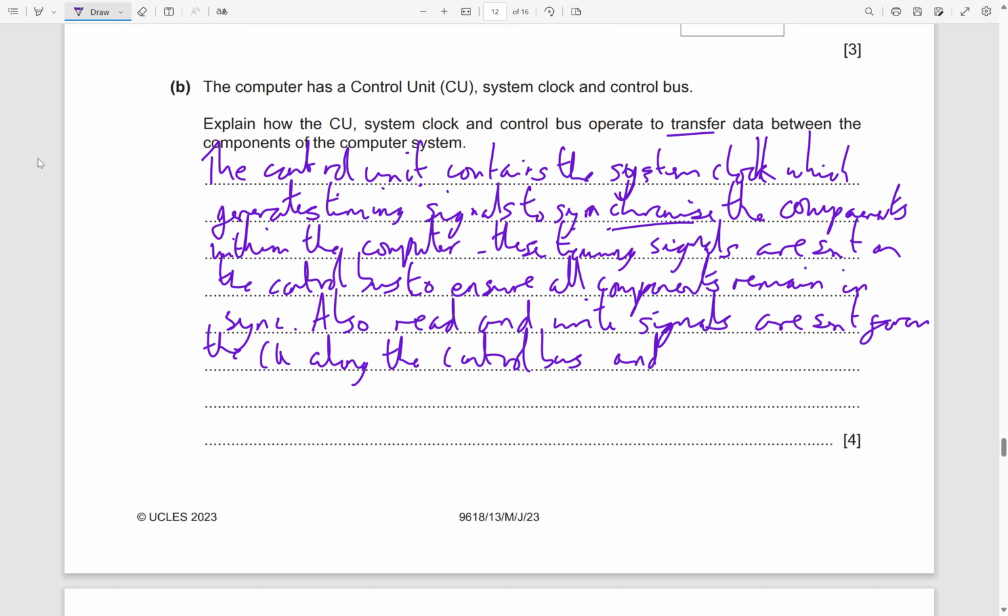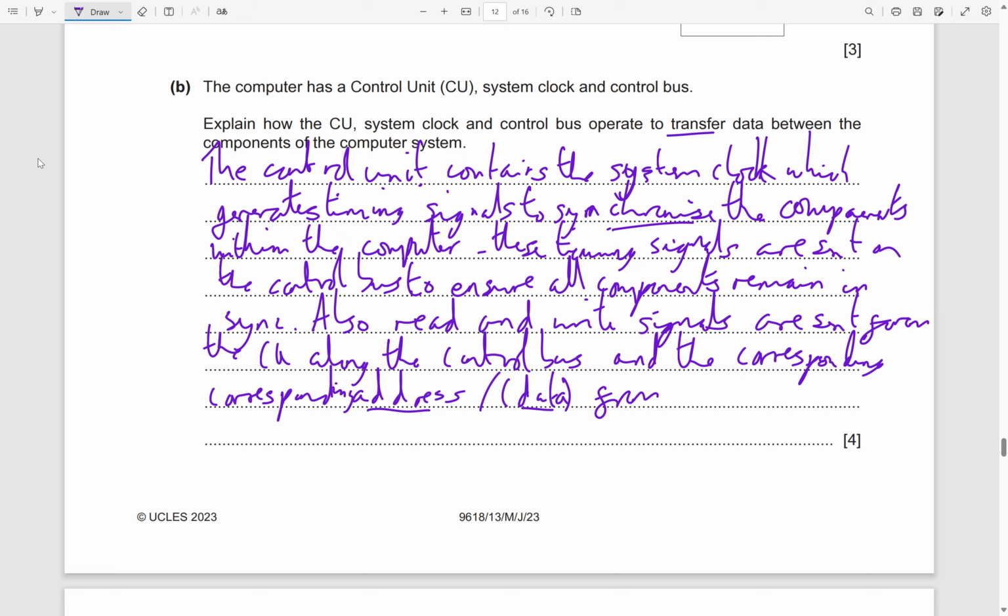And the corresponding address, and I'm going to put data in brackets because when you're reading you only need an address. When you're writing, you're going to need an address and data, because you need the data that you're actually saving to memory. So the corresponding address (data) from the MAR, MDR